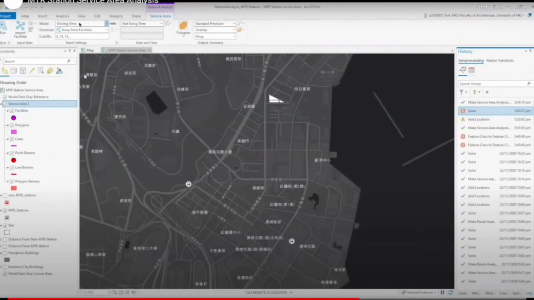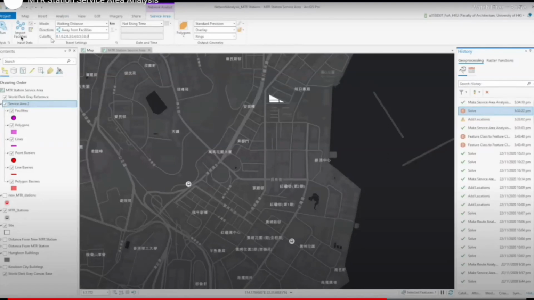Afterwards, you could select your mode of analysis. In our case, it is the walking distance. Walking distance is in the unit of kilometers. So we chose the walking distance to be 100 to 700 meters away from the facilities of our choice.